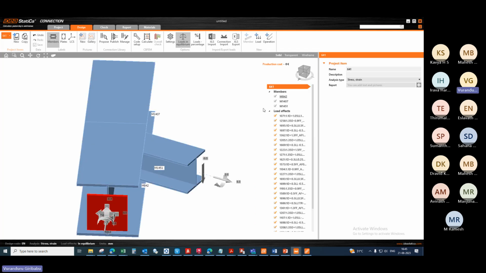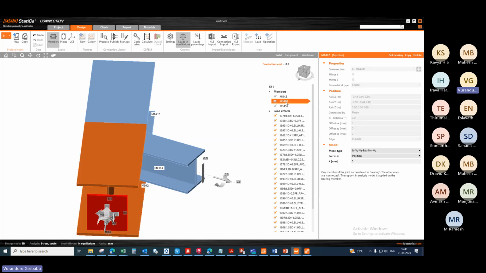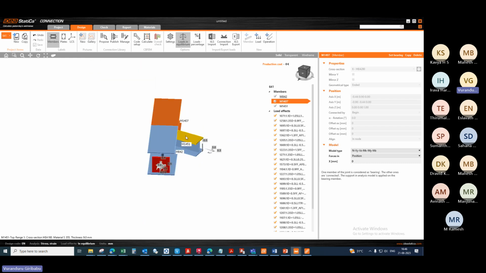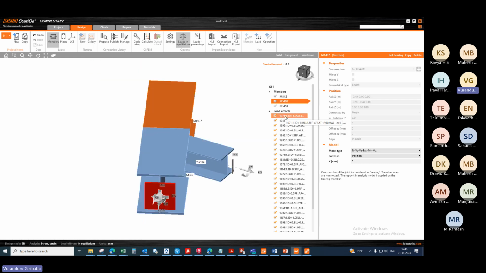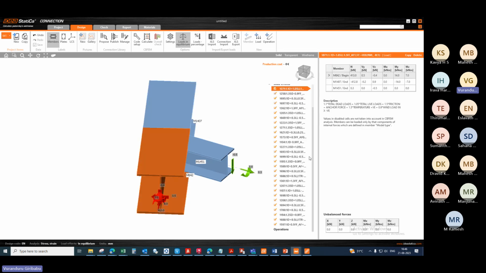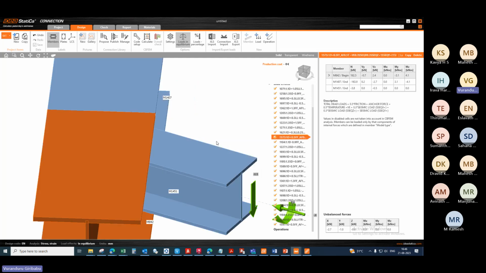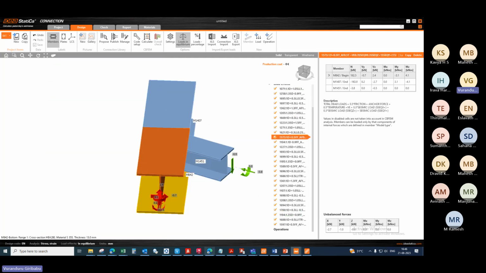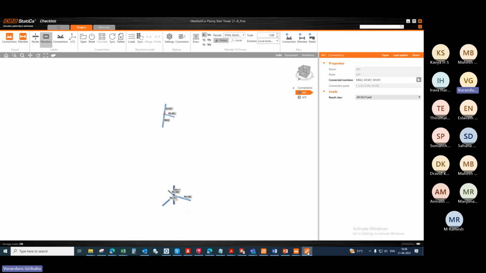After opening the connection, you can see it is hidden. You can't edit the member size or anything. You can't edit anything. This is imported from STAAD, so you can't edit anything here. The reason we are importing is for the loads to be imported directly from STAAD. So the loads are created for this connection. If you want to design the connection, we have to go again to the new connection type, this one,